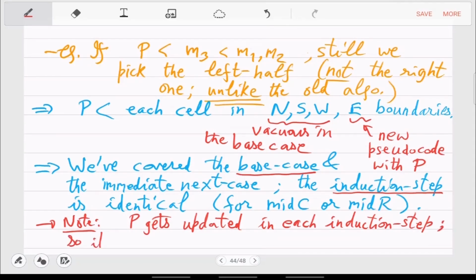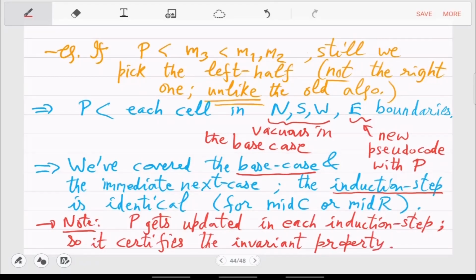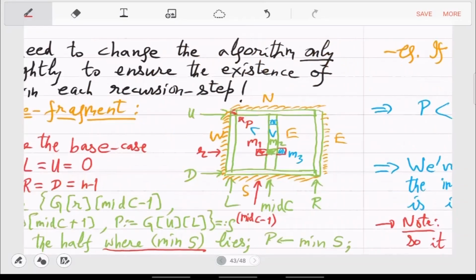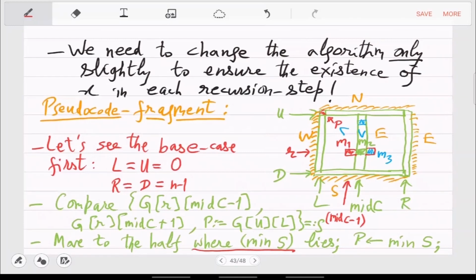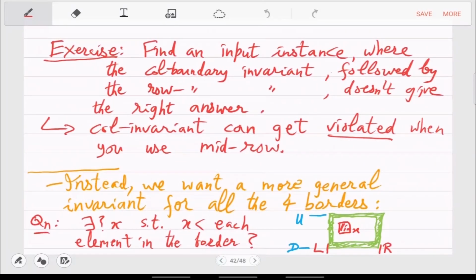So it certifies the invariant property. Okay, so the invariant property is this. This is the invariant.